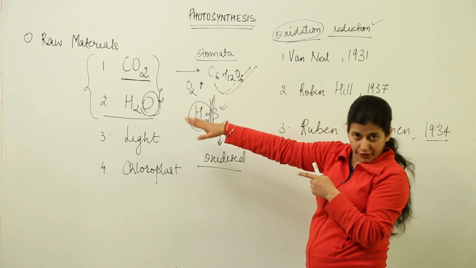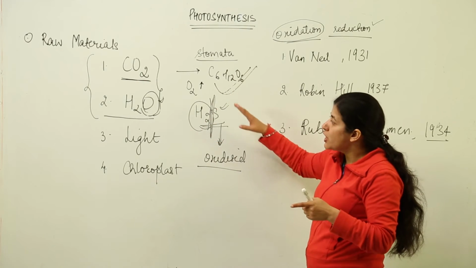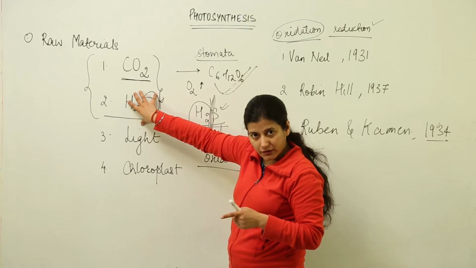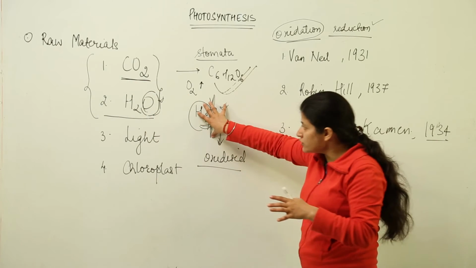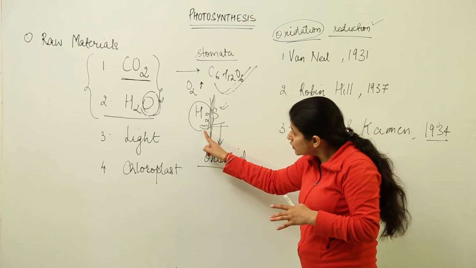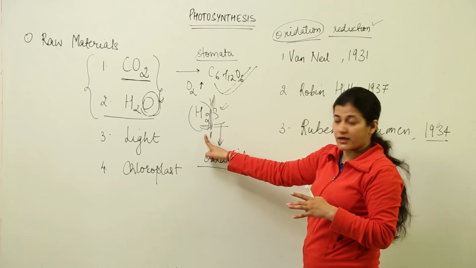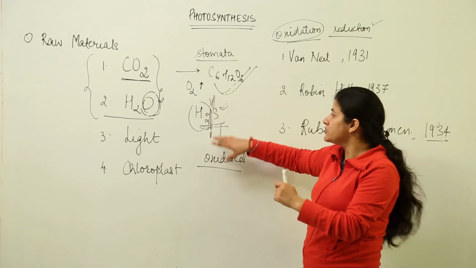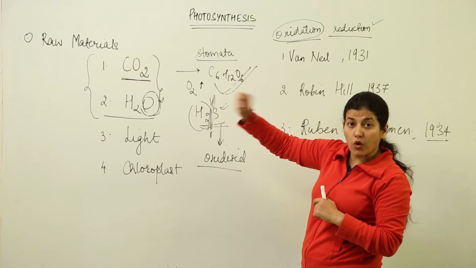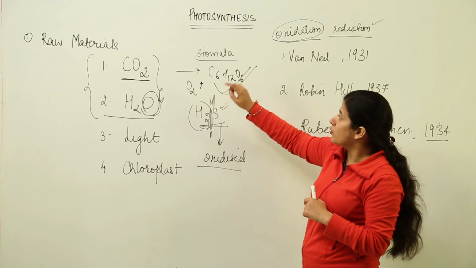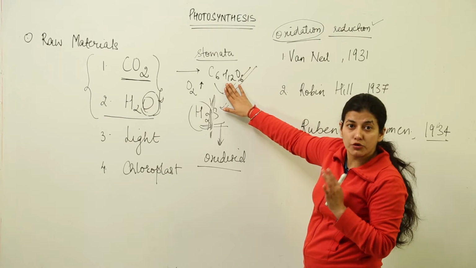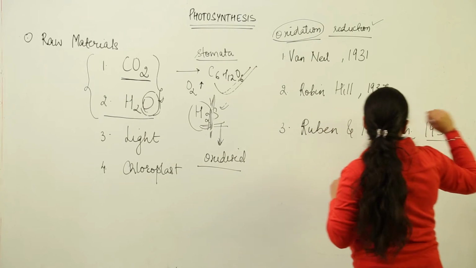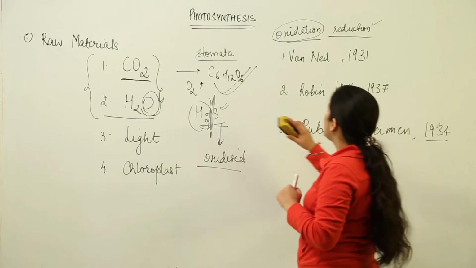That comes from water. And that was established when, instead of water, certain bacteria used this particular compound and used these protons for reduction, and the byproduct came as sulfur. So it was somehow established that ultimately it is water which is being used for providing the reducing protons. Now then came Robin Hill, who proposed that